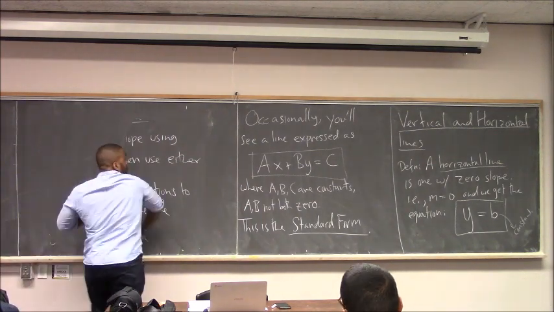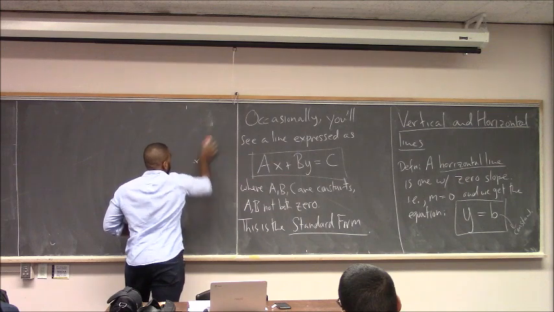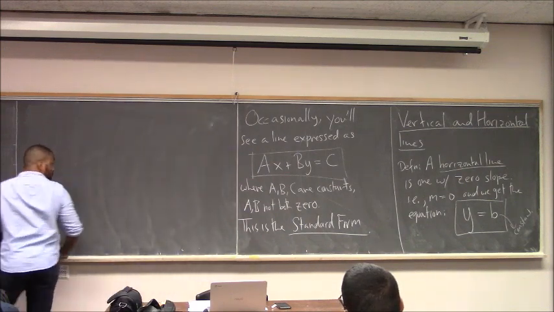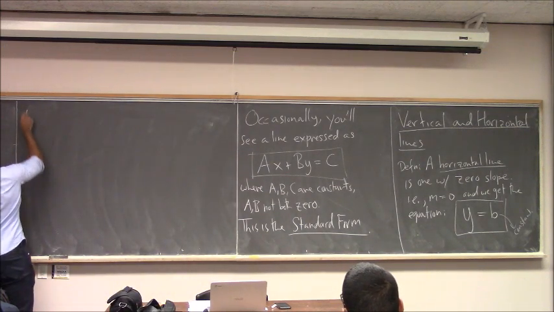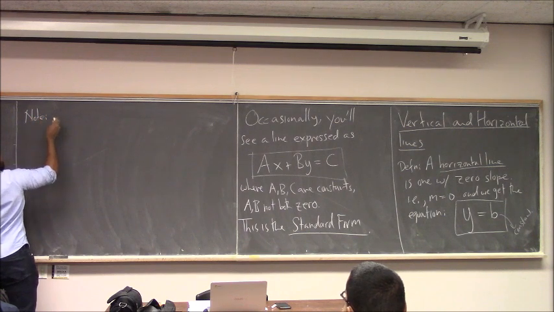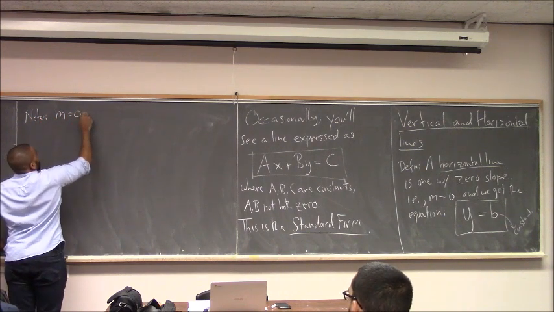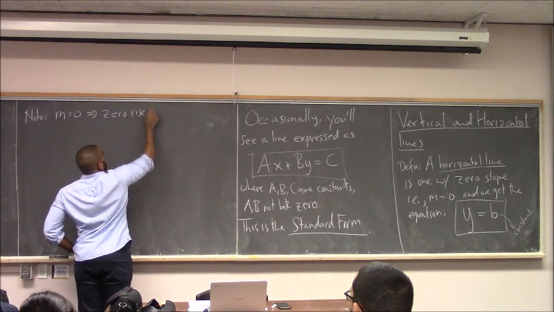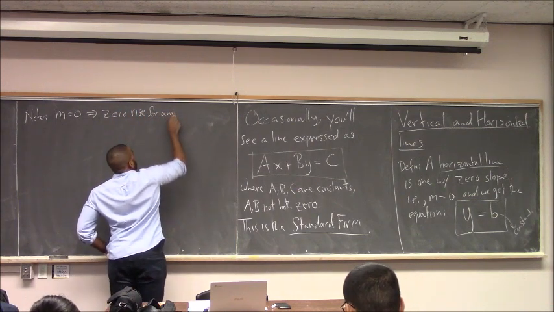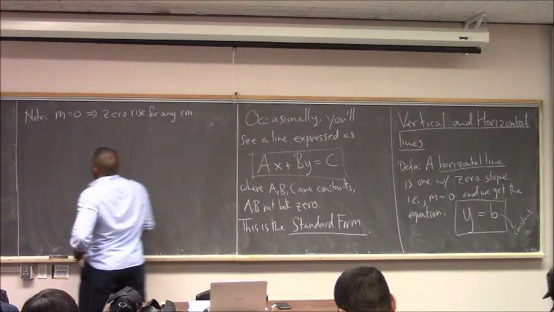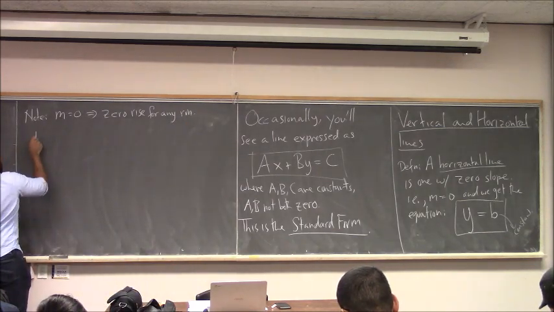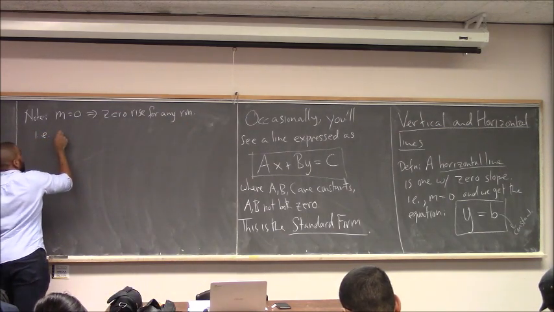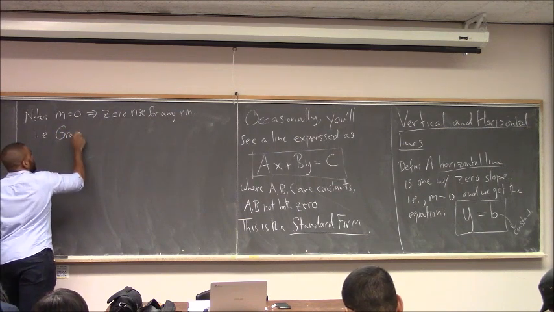Because you pretty much go into that formula I just gave you and plug in m equals 0. Also note, m equals 0 means there is 0 rise for any run, i.e. the graph of such a line